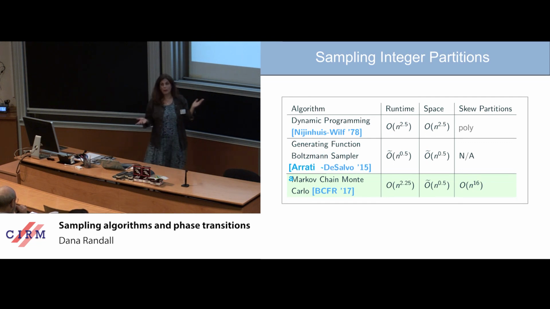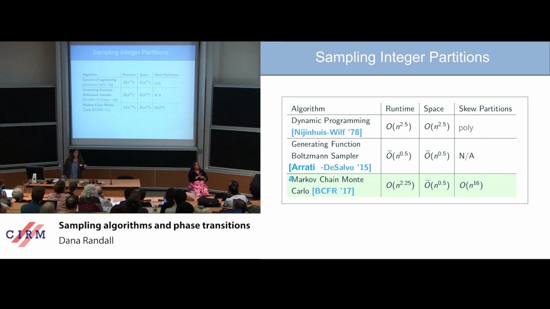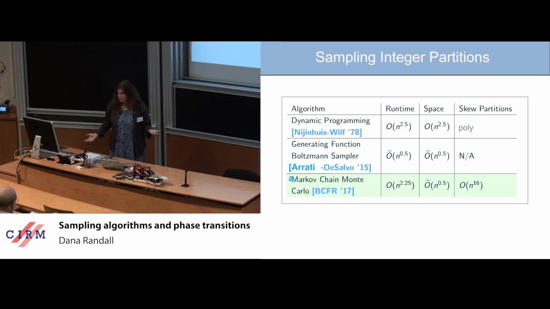So I just wrote polynomial time. There's this incredibly beautiful work that came out around the time that we were working on this Markov chain approach. Our Markov chain beats the runtime of the classic method, and it absolutely obliterates the space. It takes very little space, because when you're doing a Markov chain, it's memoryless, which is very convenient. So we win big on space, but then we learned of this